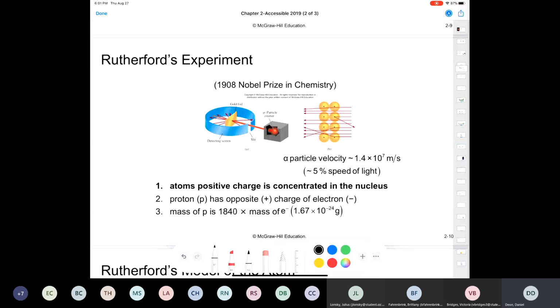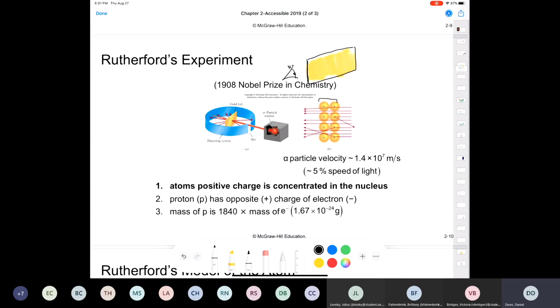I'm sure you've all seen a piece of gold foil, but gold is very malleable. It can be hammered into really thin sheets. If you were to look right at the edge of the gold foil, you can see that it's only 2 atoms deep. It's very thin. Now what he did is he fired these tiny alpha particles at the gold